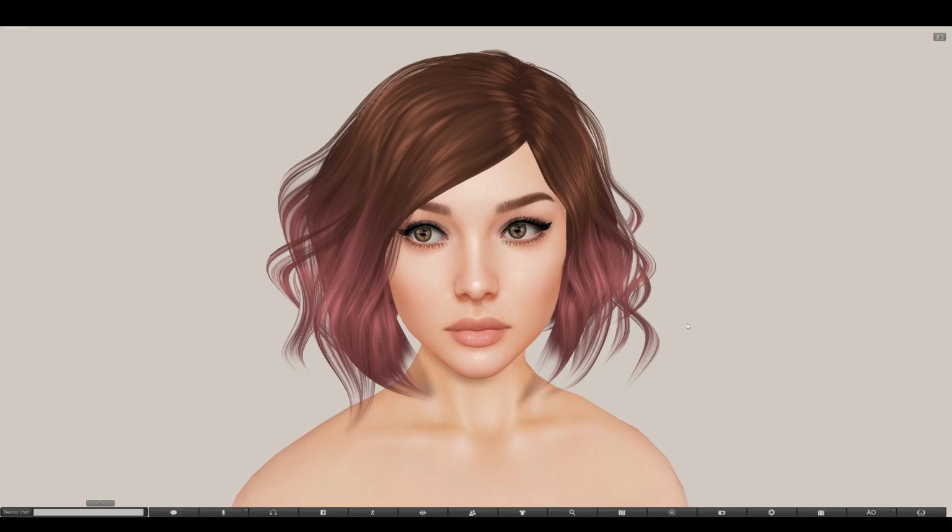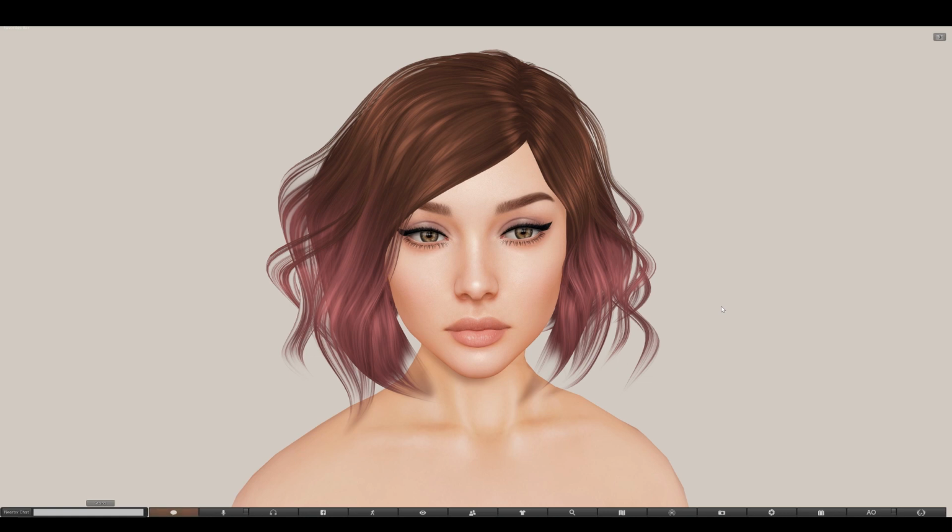Hey everyone, this is Max, owner of Logo, and in this video I'm going to be going over how to set up your logo head, how to install your skin and options into your customization HUD, and how to apply them to your head. So right now I'm just wearing a basic system body, just to keep it simple,